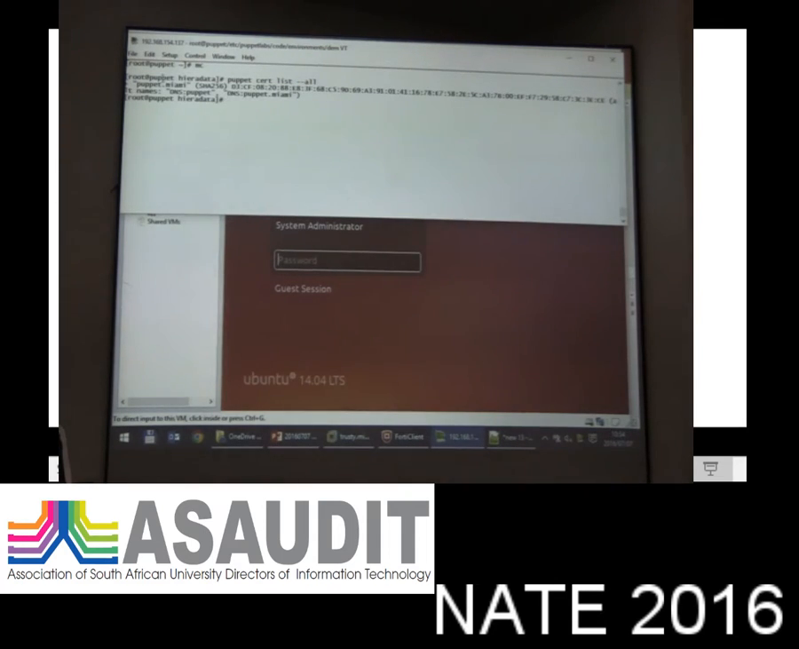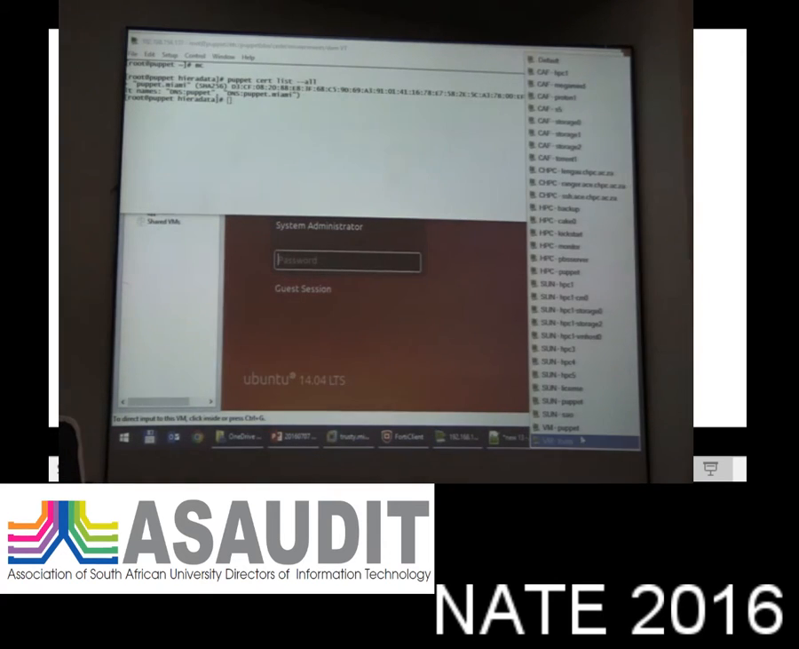I have a certificate which is signed, that's what the little plus means, for puppet.miami. So that's my Puppet server. That's the only certificate this machine knows about. So I'm going to start up a,